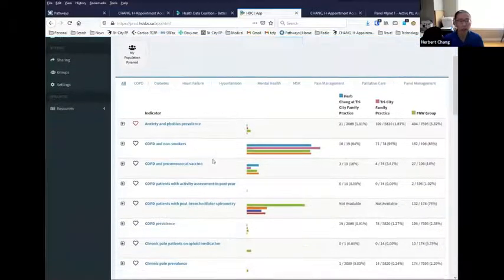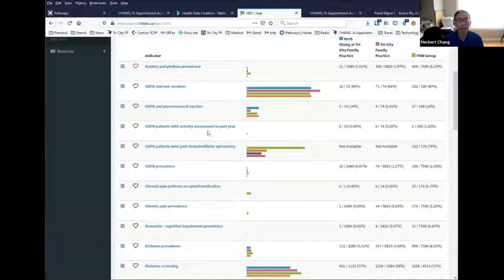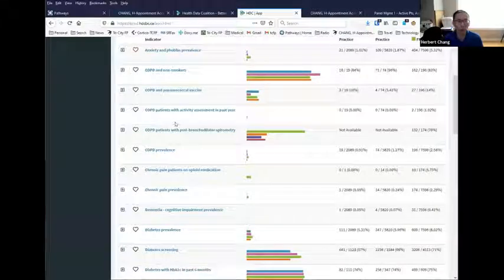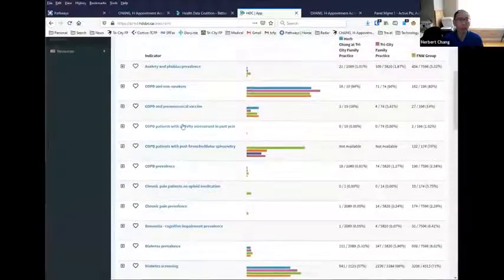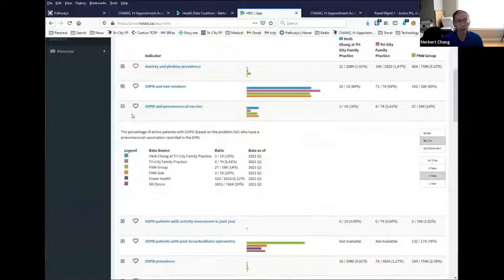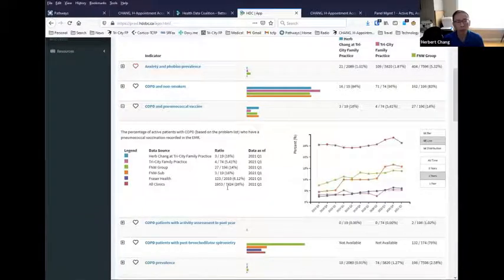So you can see all the different panel items that PSP works with you for, and you can look at that and just see how well you're doing. You're wondering, how am I doing with my COPDs with pneumococcal? Oh, not very good. But when I compare myself to the province and stuff like that, this is the province,